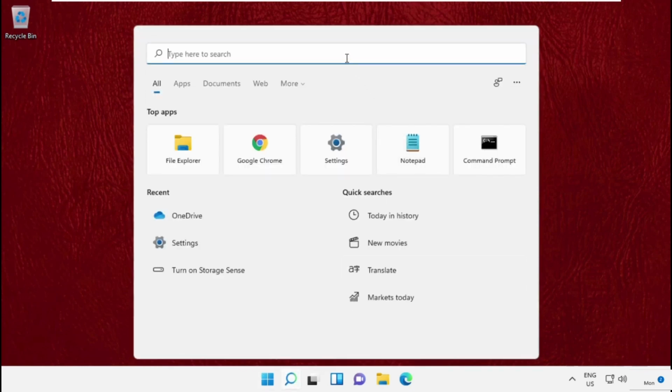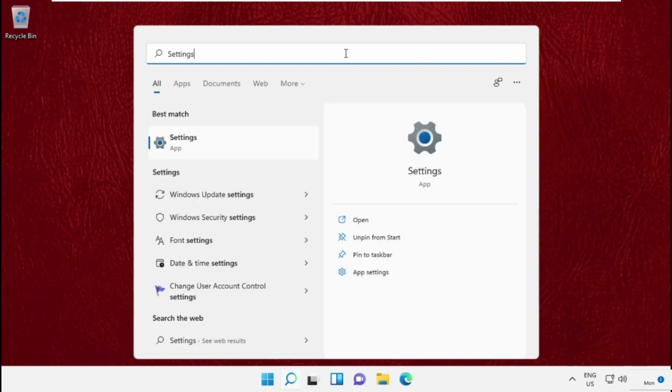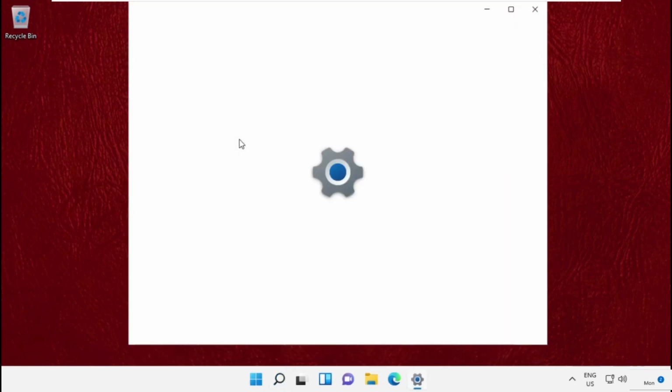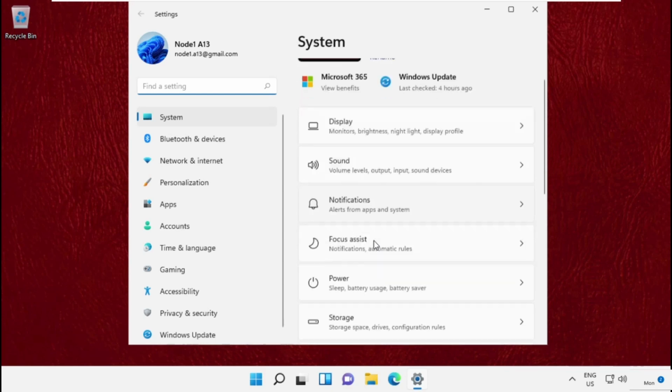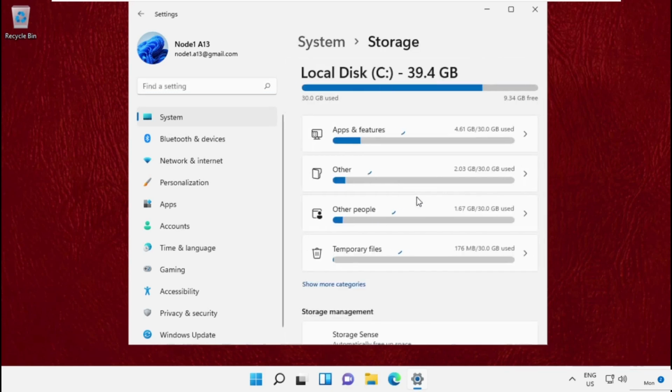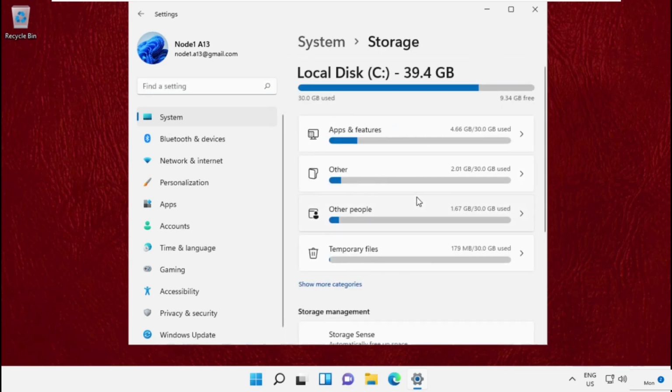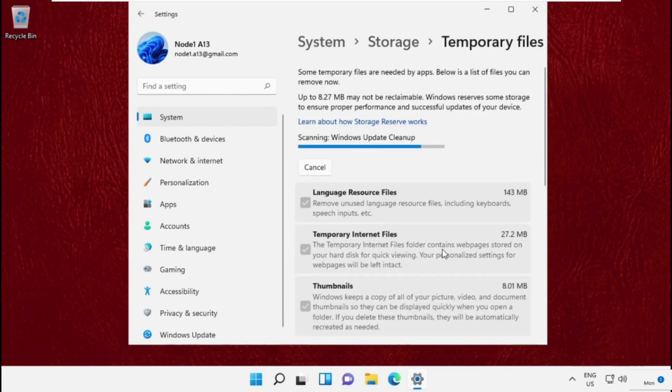Now click on search bar, then type here settings and click here to open it. Now just scroll down and click on storage, go to temporary files